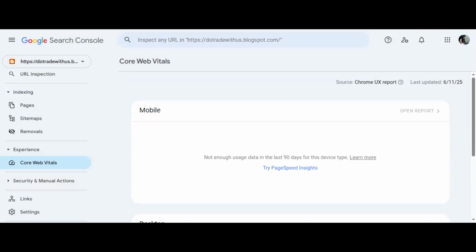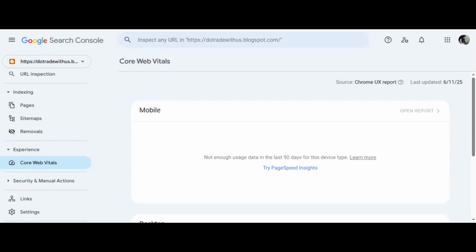Okay, we'll understand this in detail. It is actually a score given to your website by the search engine. Okay, so in the experience section, we have page experience, core web vitals, and mobile usability. These three things. Okay, so page experience will check